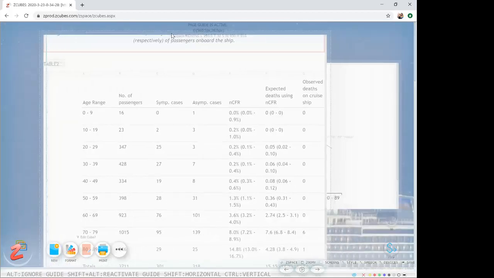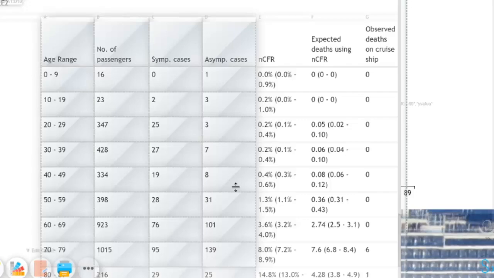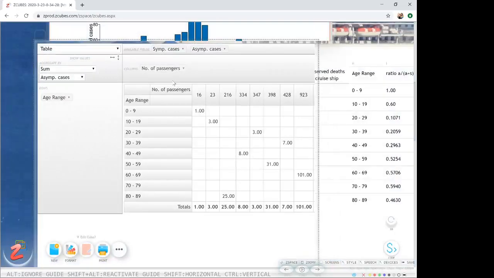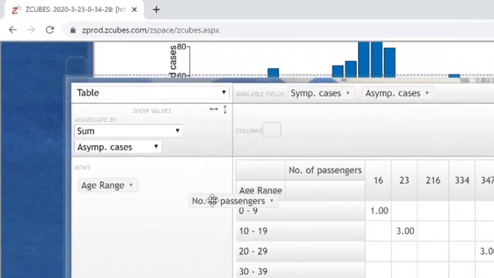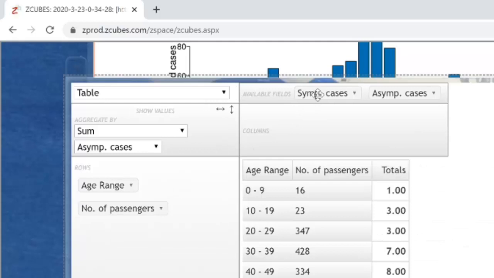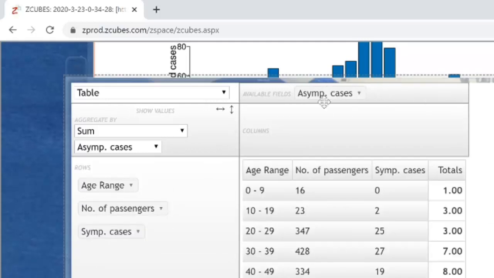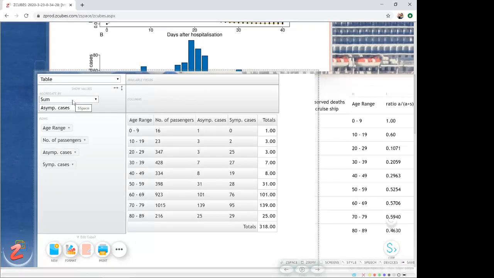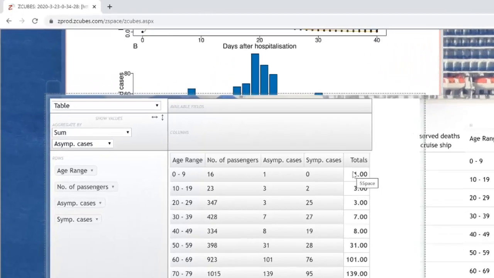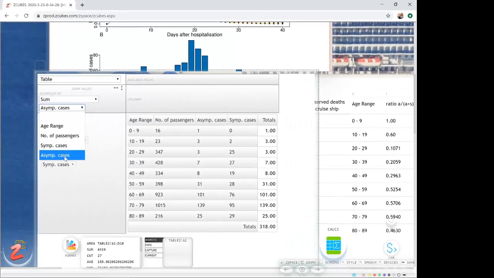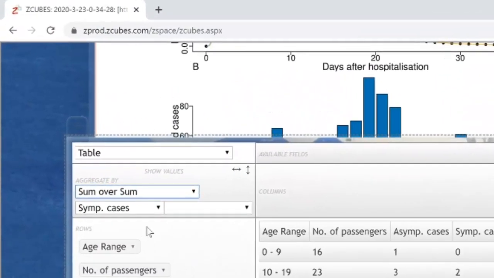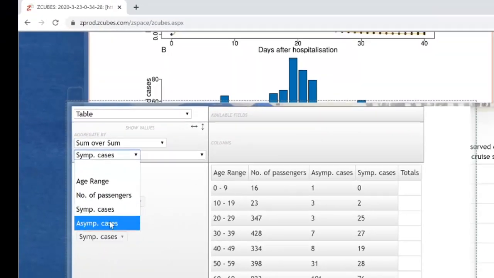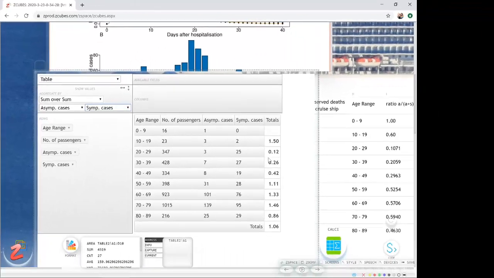Let's also look at some pivot table data here. We can pivot this information, and this is the pivot of this information. So let's put the number of passengers here and the asymptomatic and symptomatic passengers, and you can see that this table shows you the sum of the number of asymptomatic cases, but let's change it to the symptomatic cases. However, I would rather show you the sum over sum of the asymptomatic by symptomatic cases, because this